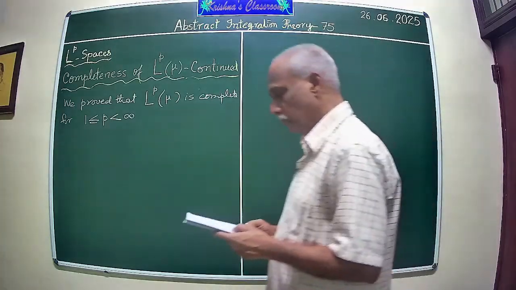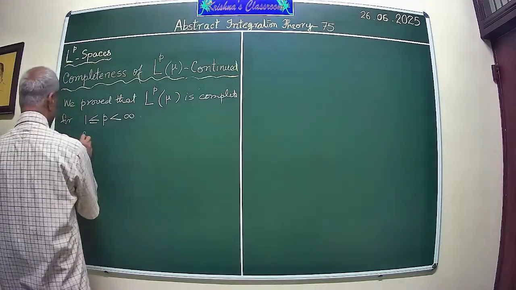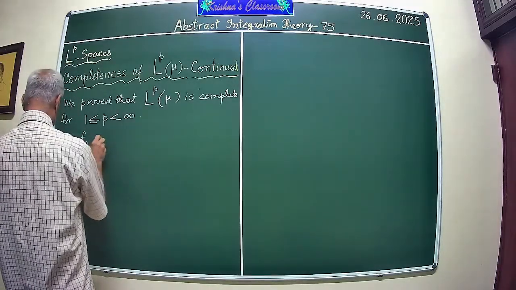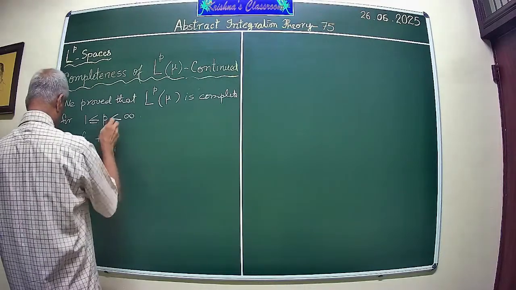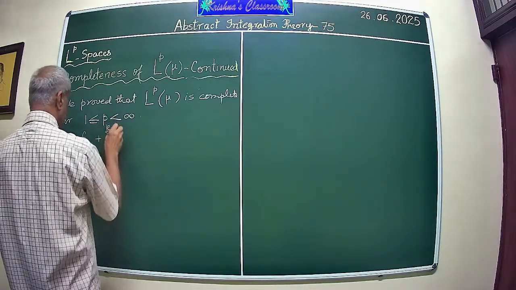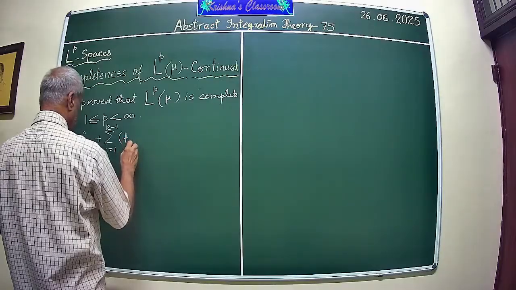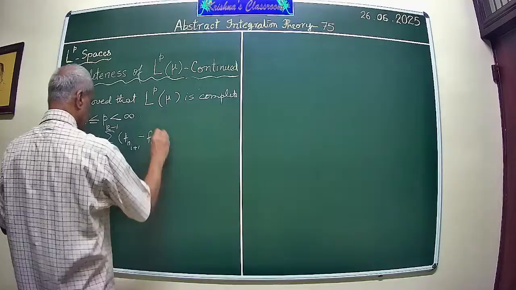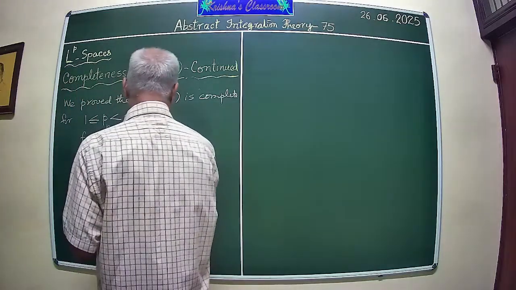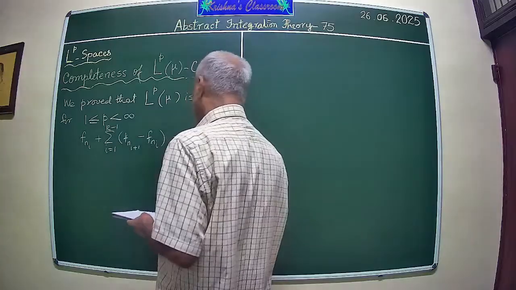And then we had a situation like Fnk, this is equal to Fnk, for k equal to